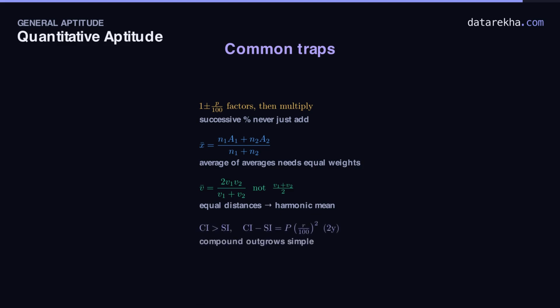Trap 4. Never treat compound interest as simple. It grows on itself, so it always runs ahead. The 2-year gap is principal times rate over 100 squared. And trap 5. Handle ratios as parts of a whole. And always compare like with like, kilometers against kilometers, hours against hours. Before any formula,